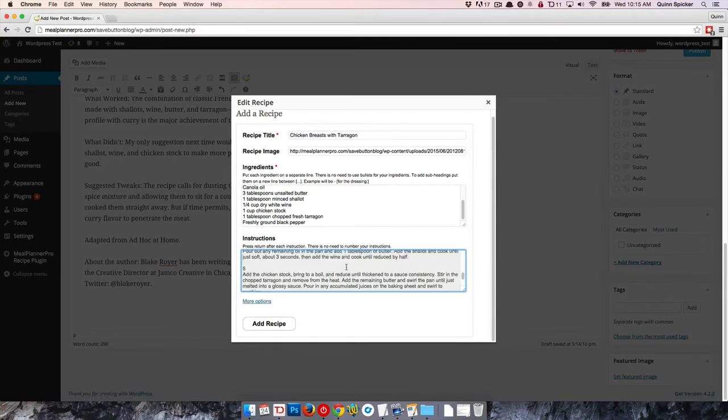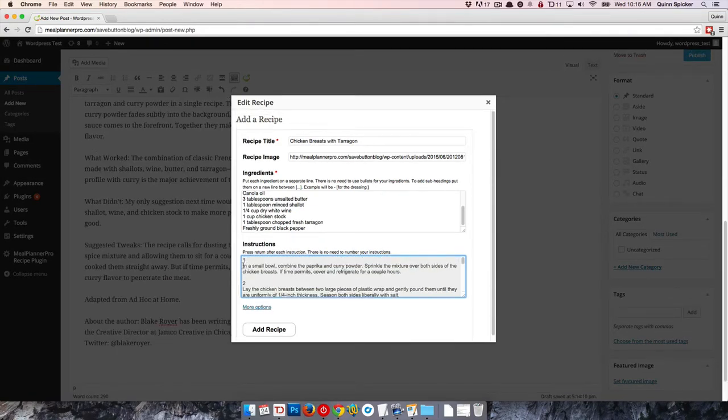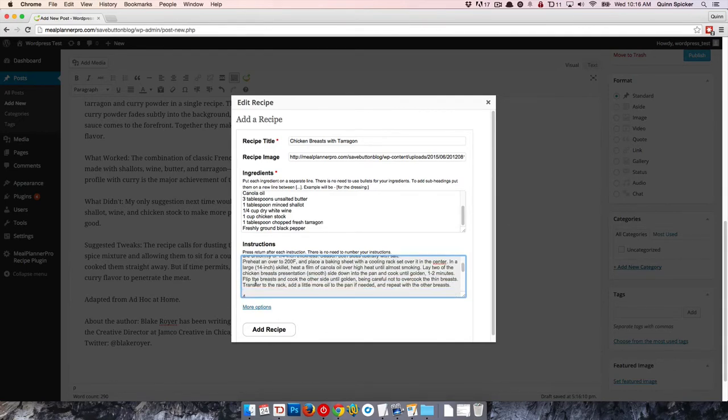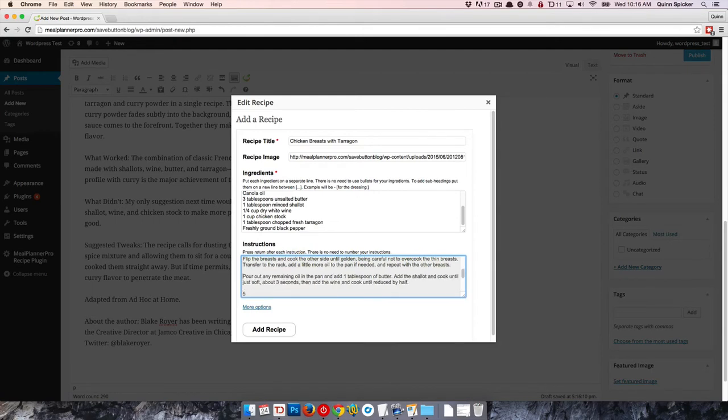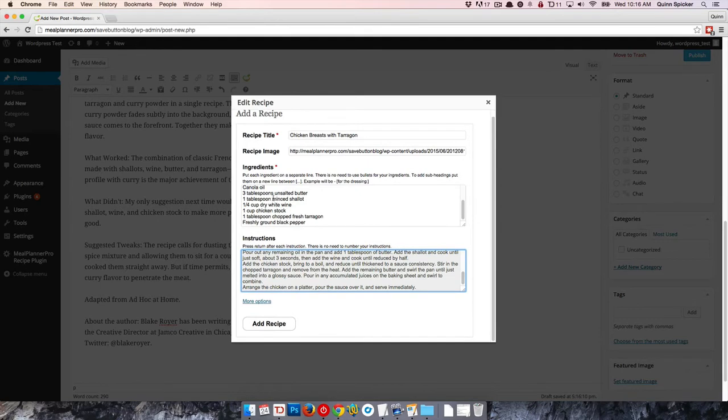Now this is pasted in here. The important thing to note about this though is that it is going to automatically number your instructions, so you don't want to also have numbers in here. So I'm going to get rid of that, and I'm going to get rid of this, and I'm just going to have one set of instructions per new line. Okay, now that this is done, I could add my recipe now, but I do also get the option to